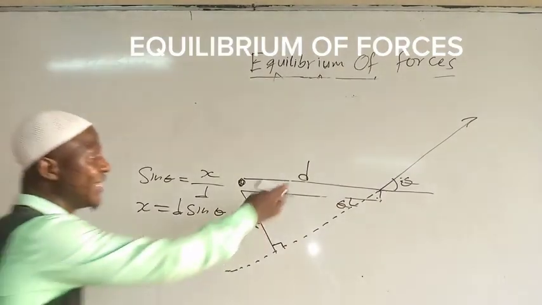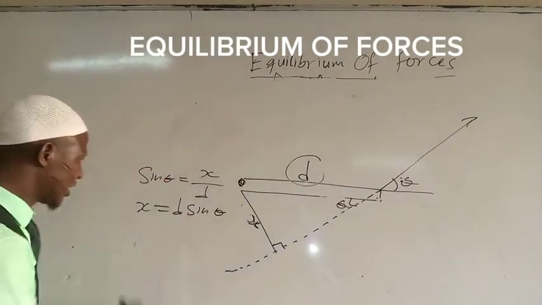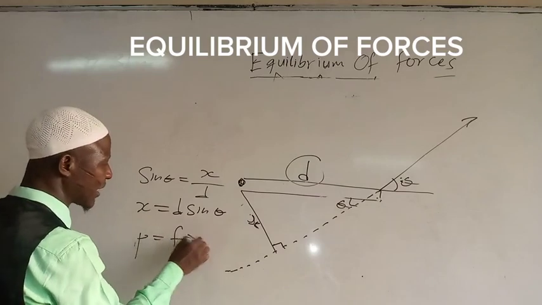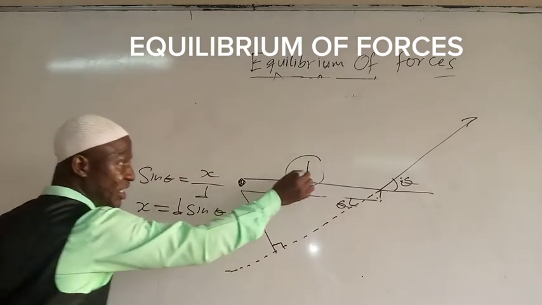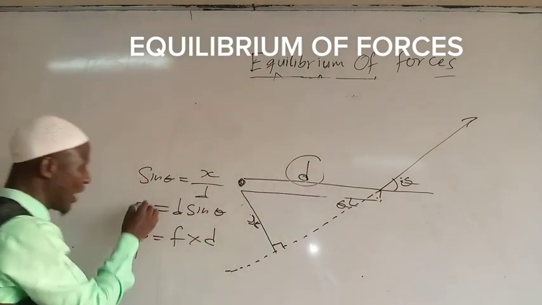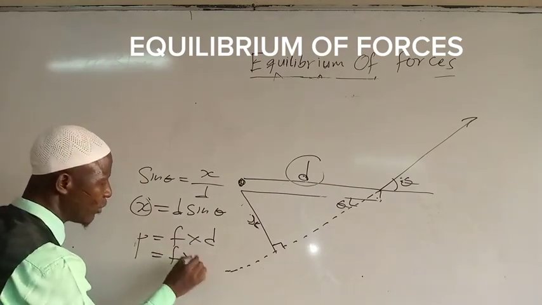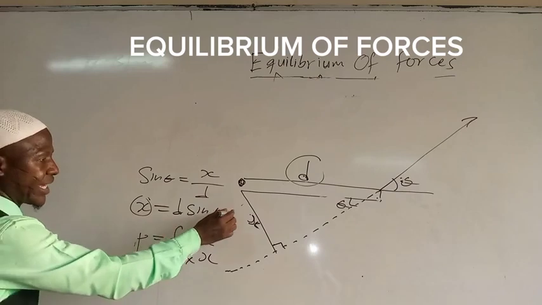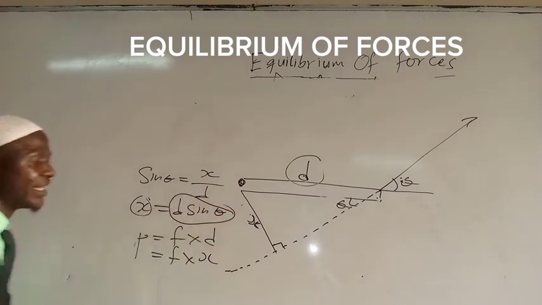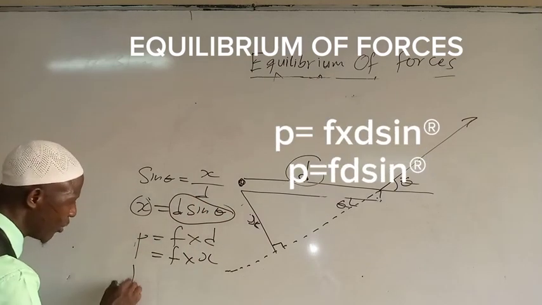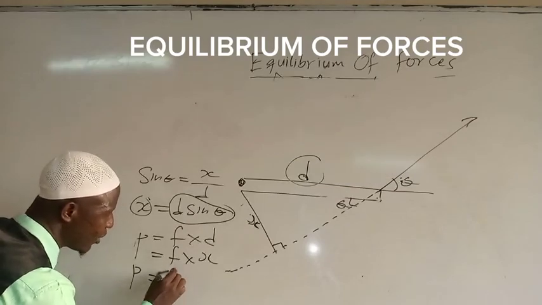Therefore, where we need this d, that is moment P is equal to force times d. And this d is not perpendicular. What is perpendicular is x. So it's supposed to be moment of force is equal to F multiplied by x. Then our x will be replaced with what? d sine theta. Therefore, we have what? Moment of force is equal to F multiplied by